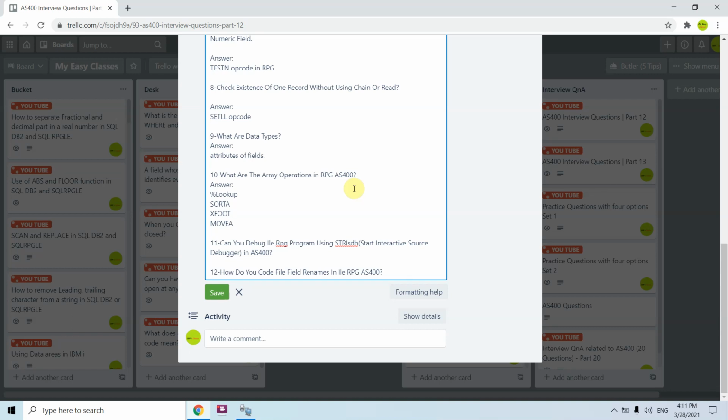So that's the way I can perform these operations on the array in RPG AS400.